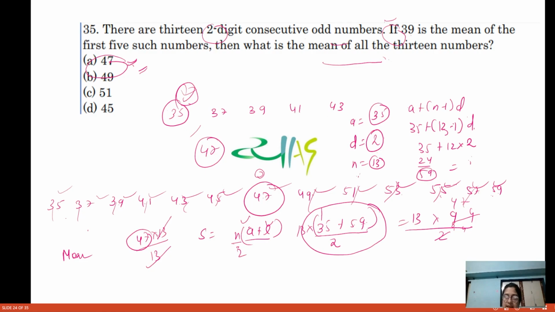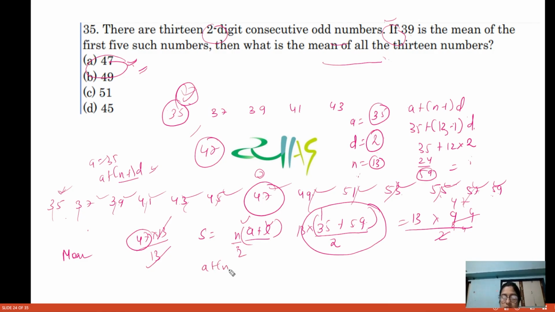अगर नहीं पता चल रहा है ऐसे, ठीक है ना, सो व्हाट वी कैन डू, हमने ये पता है कि हमारा ये नंबर 35 है. ठीक है, ये पता है कि ये नंबर 35 है. देन दिस इज a प्लस n माइनस 1 d. ओके, a प्लस n माइनस 1 d. Okay, and then we have what? Then we have